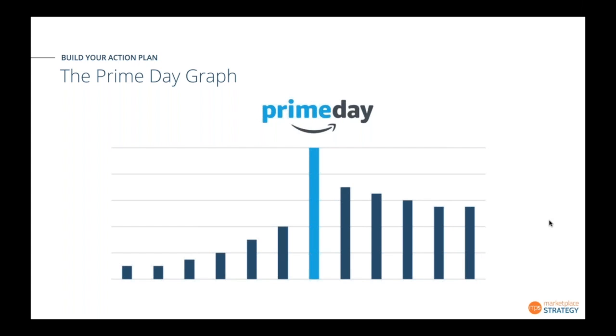What's really important to take away from this is that this is the ideal curve that we're looking for. Leading up to Prime Day, you'll see those gradual increases in sales. You're going to have that big spike on Prime Day. And then the goal after Prime Day is, obviously sales are going to decrease a good amount, but to gain that residual value and have a long-term increase in sales velocity